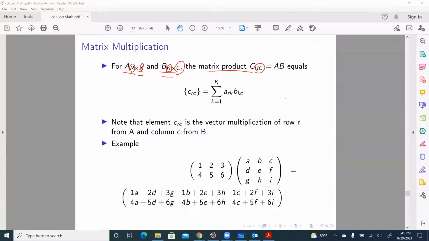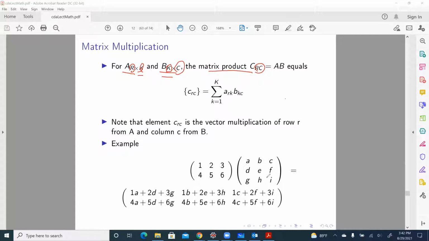Right, so we have two matrices. The first matrix is composed of 1, 2, 3, 4, 5, 6, right? And the second matrix comprises A, B, C, D, E, F, G, H, I. Just some unknown numbers, right, denoted by English letters. So what we're going to do is for the first row and first column element of